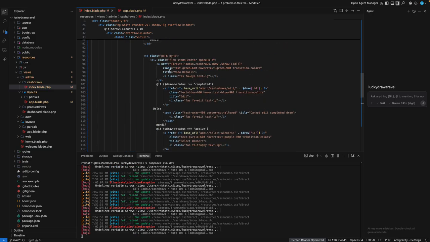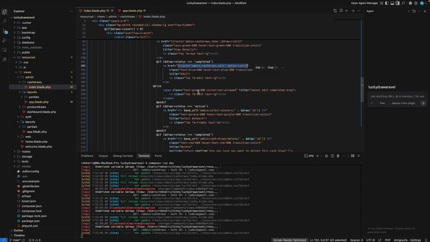Here we have to show the base URL if it is complete. Let's go to the edit, right, cache draw edit, and then in the else we have to show cannot be